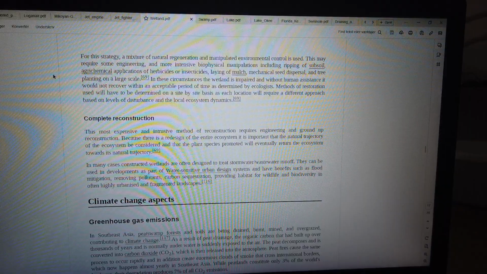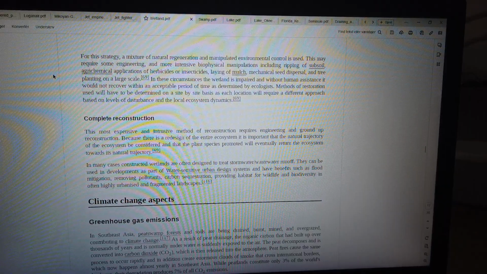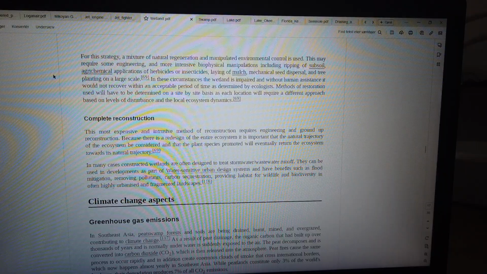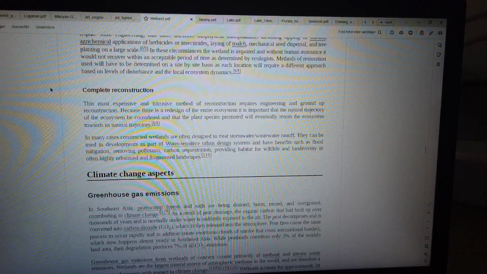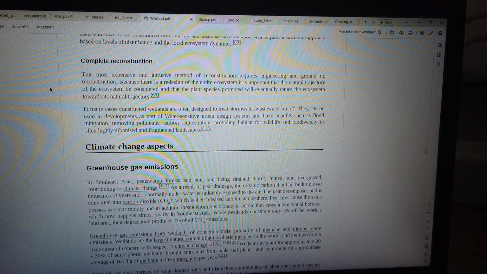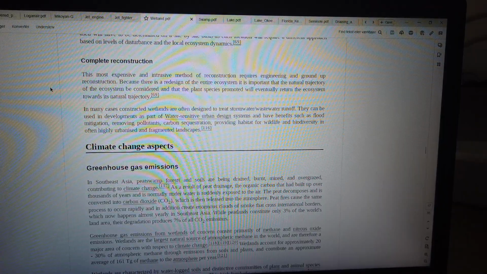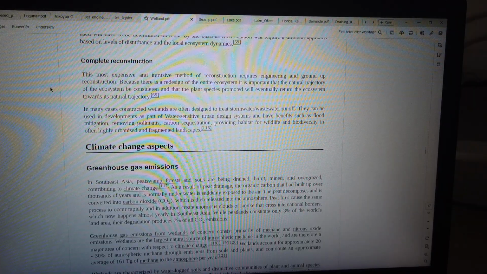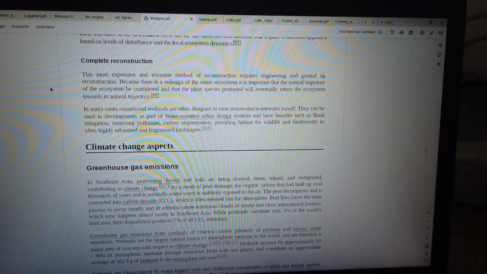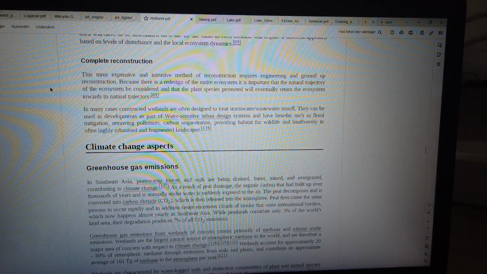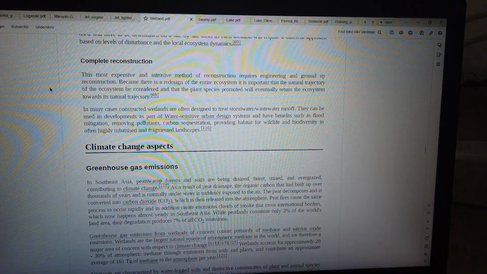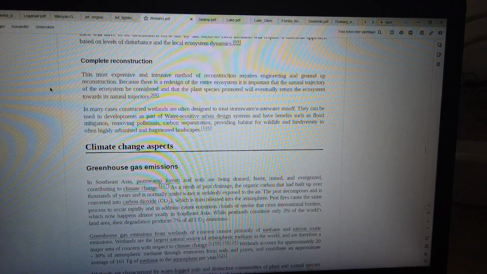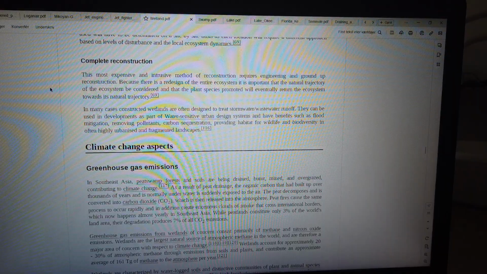Methods of restoration will have to be determined on a site-by-site basis, as each location will require a different approach based on levels of disturbance and the local ecosystem dynamics. Complete reconstruction. This most expensive and intrusive method of restoration requires engineering and ground-up reconstruction. Because there is a redesign of the entire ecosystem, it is important that the natural trajectory of the ecosystem be considered and that the plant species promoted will eventually return the ecosystem towards its natural trajectory. In many cases, constructed wetlands